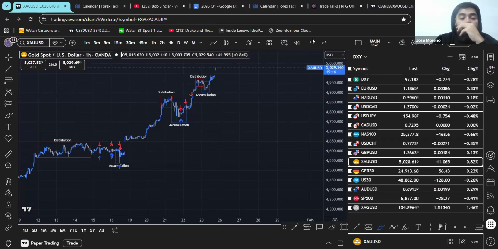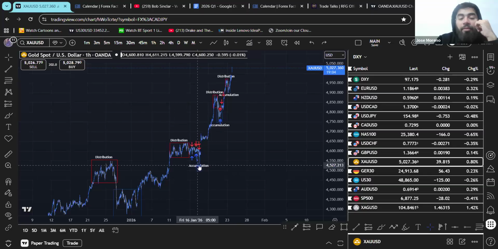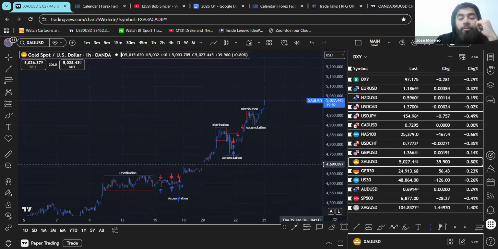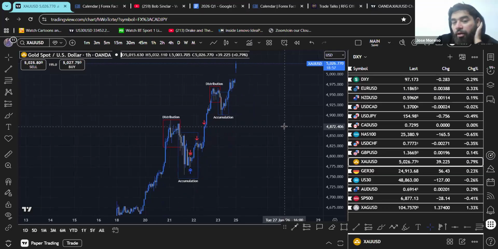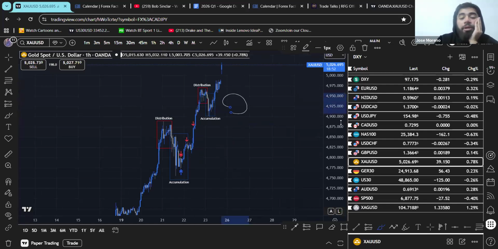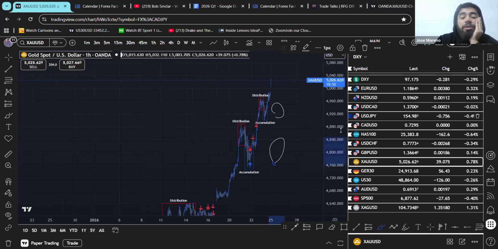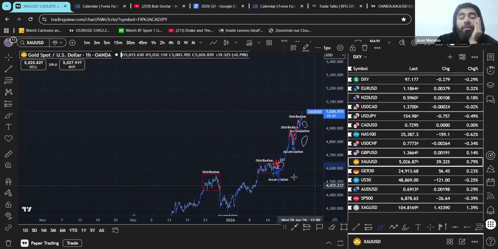That could bring danger for potential buyers, because this is kind of what it looks like when things are overextended. It's been about 10 days since we had this bottom here. So I don't know. When it comes down to it, I'm not going to look for buys when we come back in here, personally. I'm not going to look for buys in here either, because I would be more fearful that we're going to end up going for those lows, coming back for this gap, and maybe even deeper.